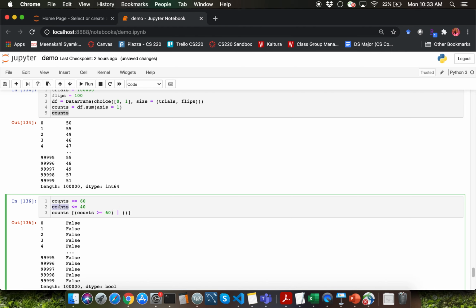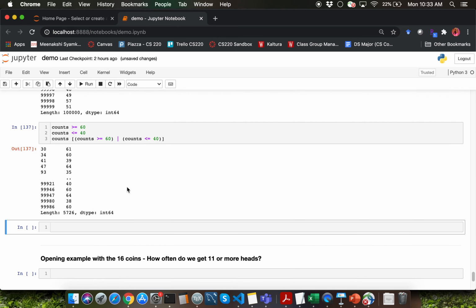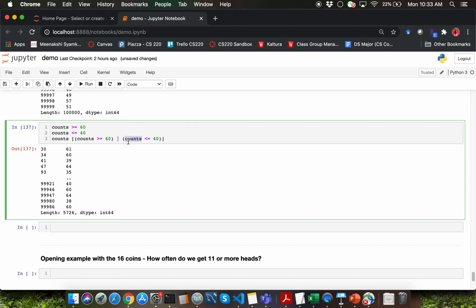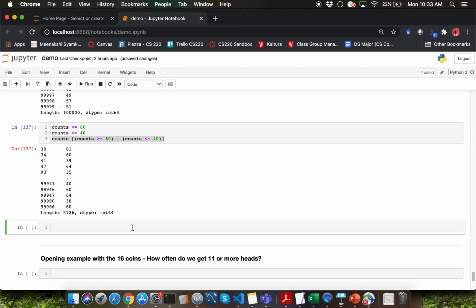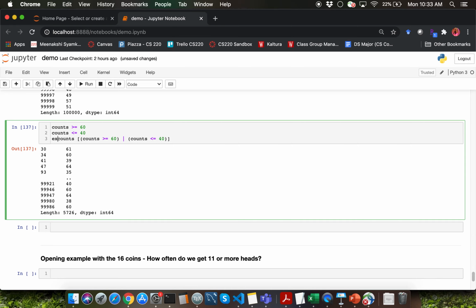So I'm going to say my first part of the condition is counts greater than or equal to 60, and the second is going to be counts less than or equal to 40, and that will just give us the values in the counts series where we have either of those conditions, right? How can I determine how often this happens? I'll capture the return value here into a variable called extremes, and let me display extremes.